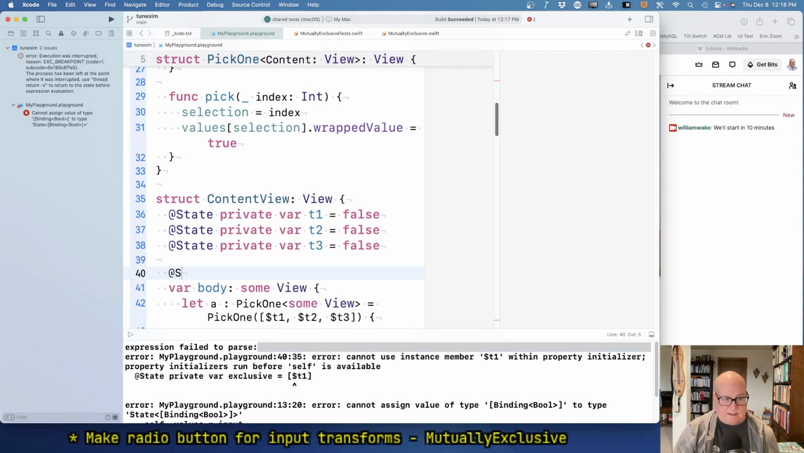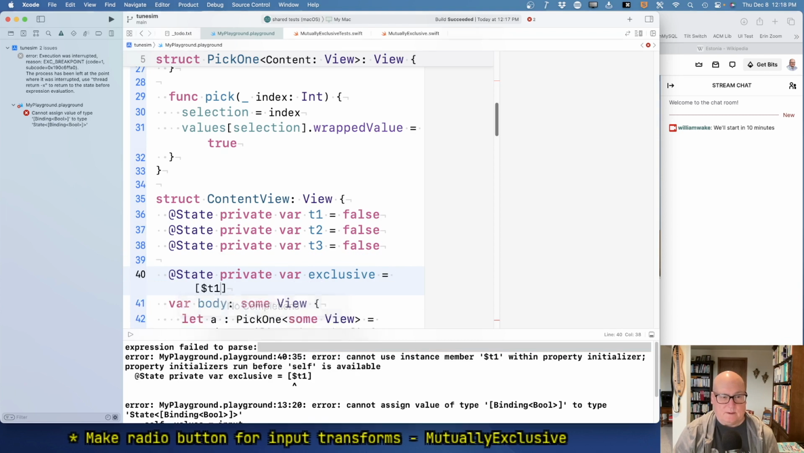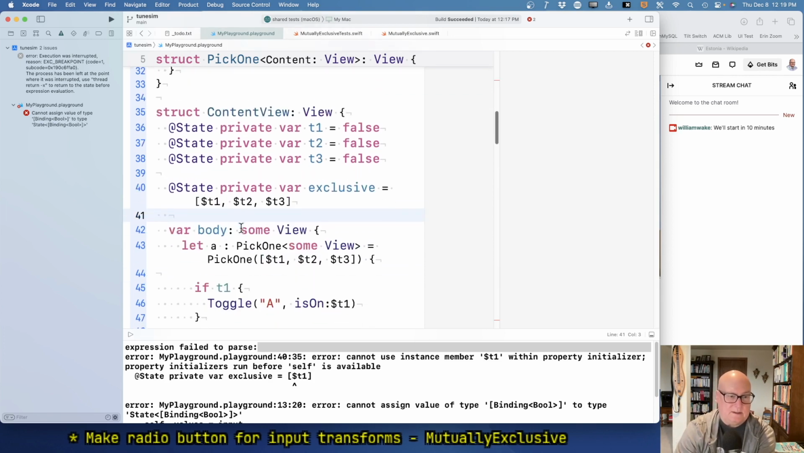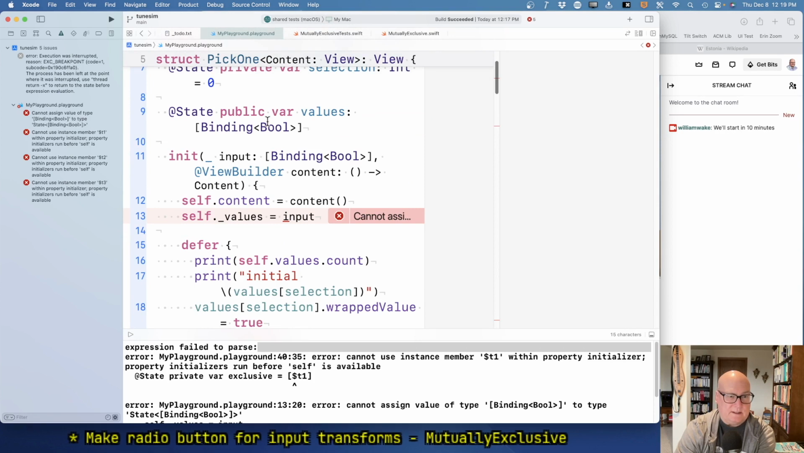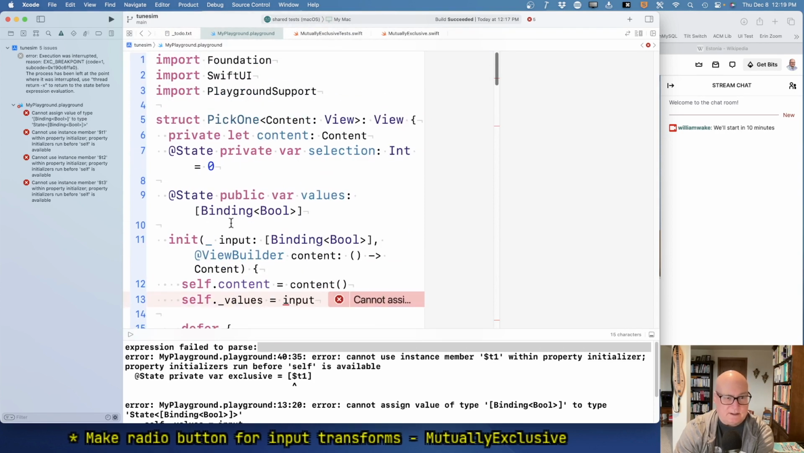What was it? It was add state private var exclusive equals $T1. I really want T2, T3. That's what I want to pass in. Now, this passes in that. Part of it is this struct thing. A struct gets created, it does get changed. There's some goofiness around it. This at state lets you change some things, but in general, like this stuff coming in,